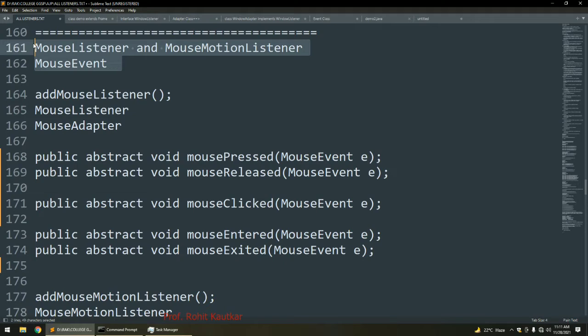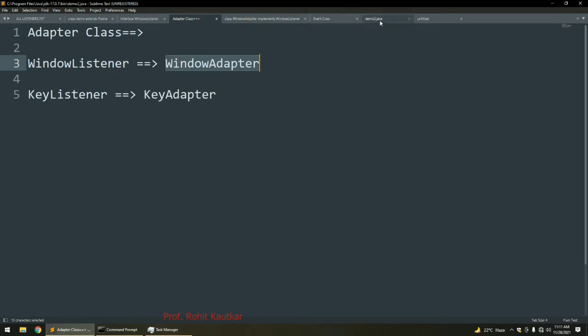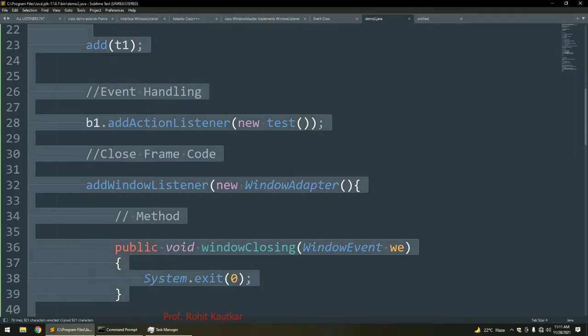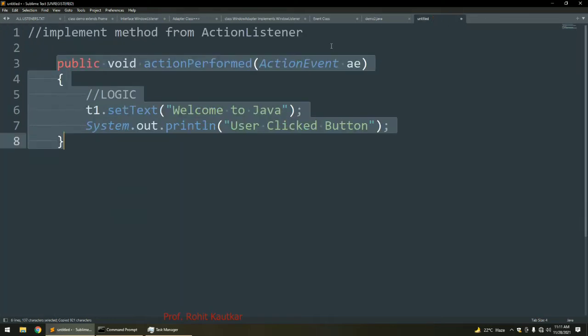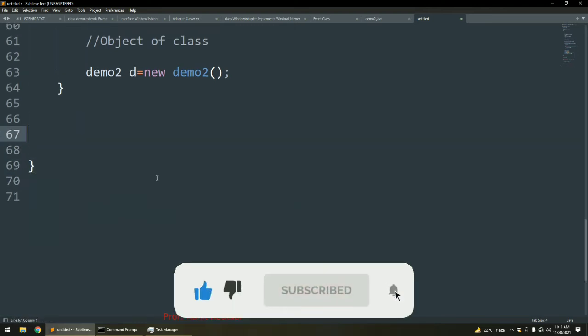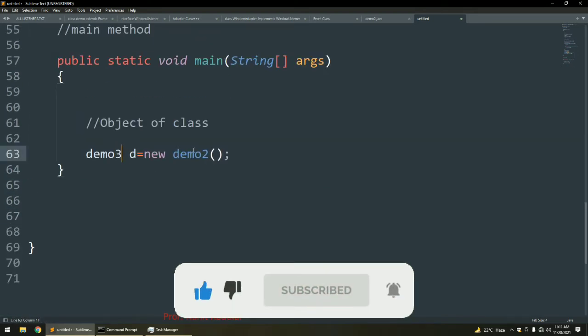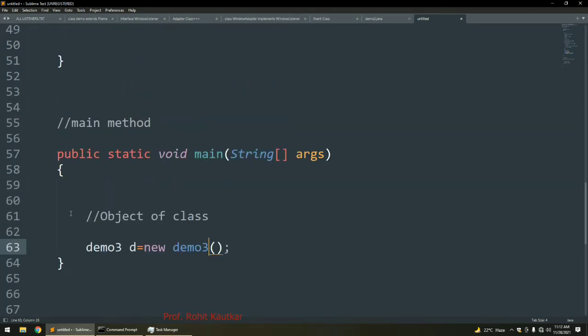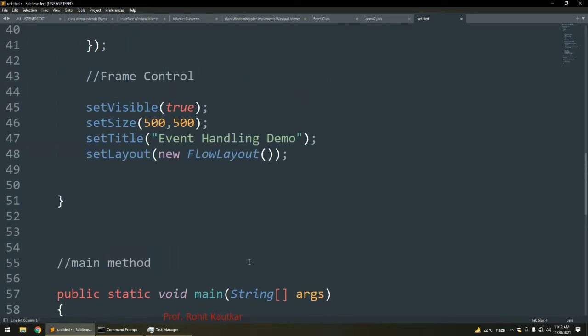Now I will show you how we will implement this. So what I will do, I will copy this whole code and create one new file. Here I will replace it and remove all these things. I will change this accordingly. It will save our time because we have already explained all these basics.